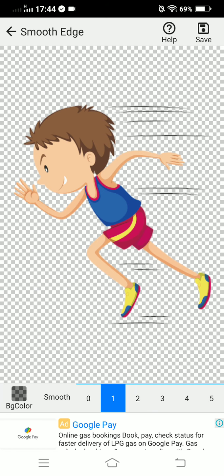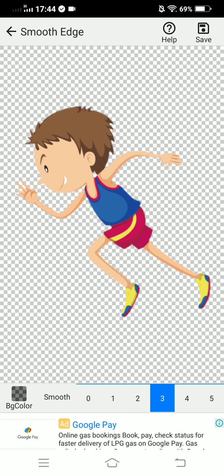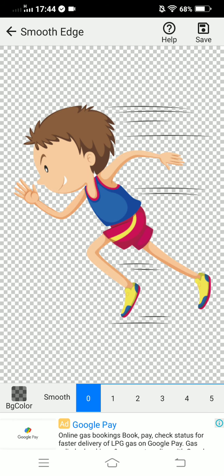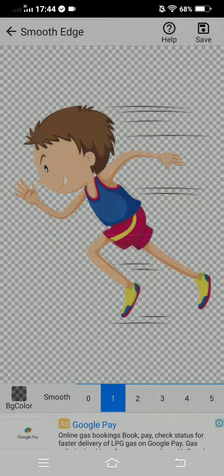Now it's done. Now it may happen that that white color boundary is visible, which does not look good sometimes, so you can increase the smoothness by these numbers. And can you see the lines are now disappearing, all these lines, and now the outline is disappearing. So you can do that if you want, and if you don't want, one smoothness is okay, it's more than enough, it's good. Okay, I'm done with all the cropping and removing the background, so I can click on save